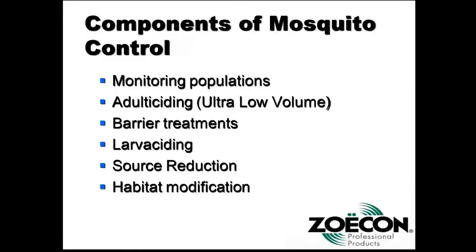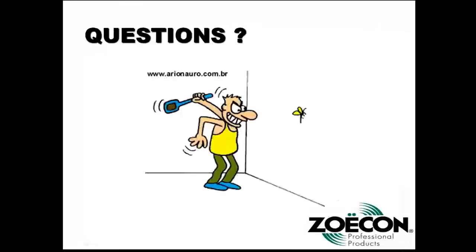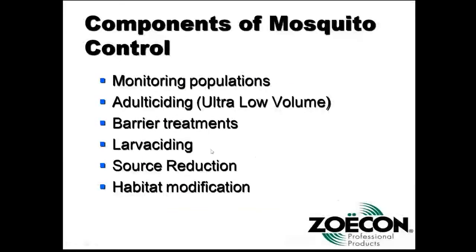Adulticiding, we talked about barrier treatments. You have lots of options in there. We have the Lambda, the Maverick, and the Naturals, the IC3 and the all-purpose. Larviciding with the Alphacid, it's really the only proven and reliable residual larvicide you can use out there. A little too early for that. Source reduction, habitat modification, and